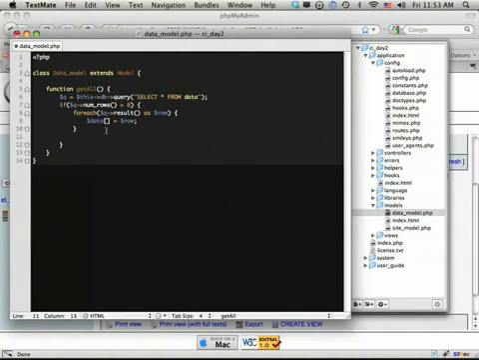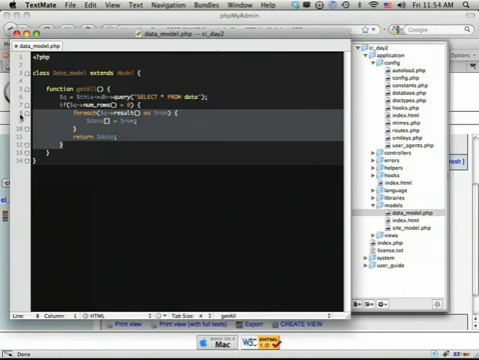So after the foreach statement, we're going to return data. And I think that should be good for now. There are a couple of things we should do for best practice later, but I'm going to leave it at this for now. So now we have our model for connecting to the database,